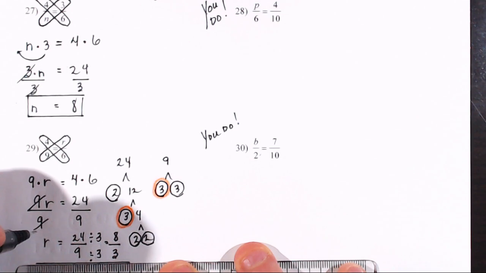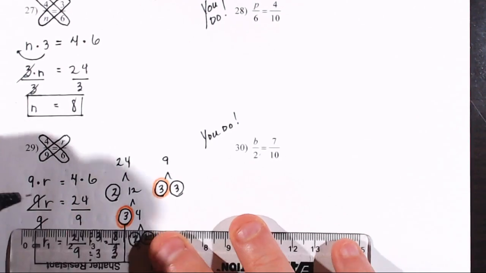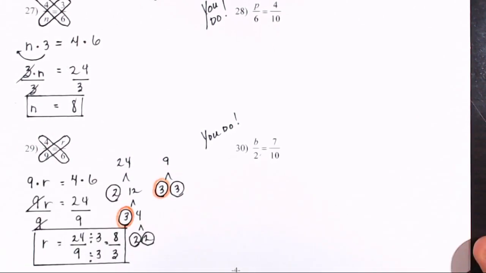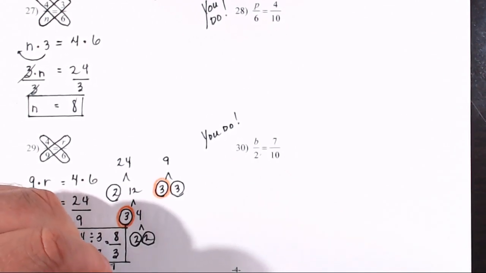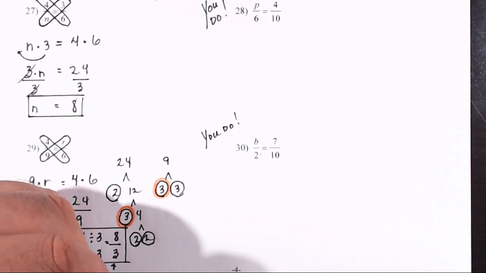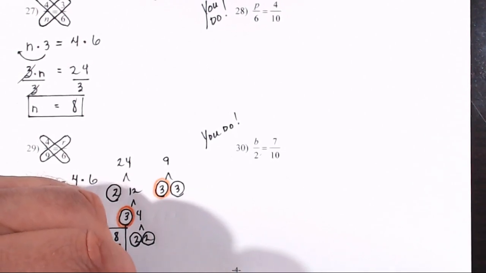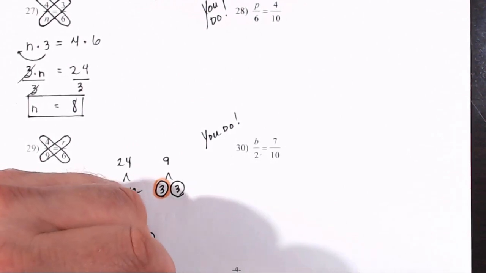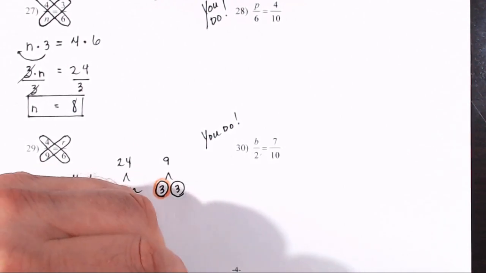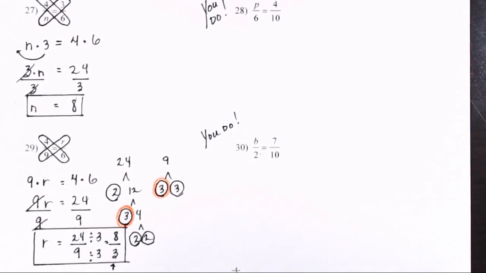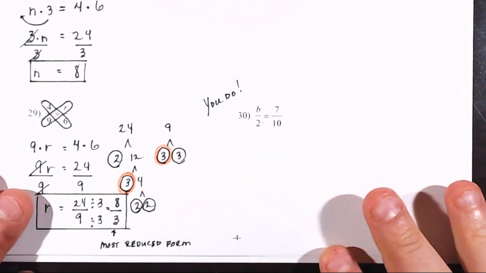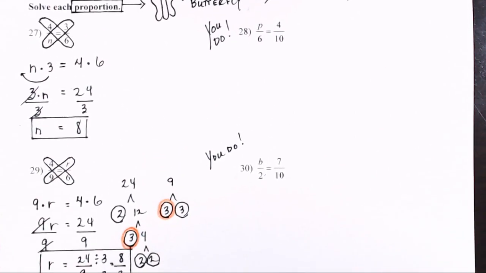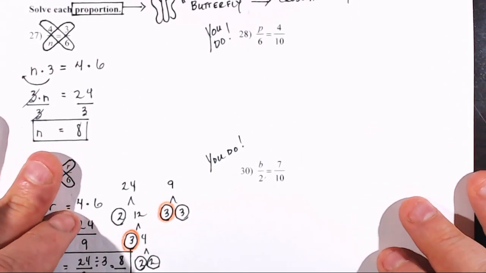We put this whole thing here in a box. Okay, so make sure you're showing me the most reduced form. This is most reduced form. It's also called irreducible. So 8/3 is irreducible. Most reduced form. Now you do number 30. Okay, so that's the tutorial here. It was a shorter video to finish this out,